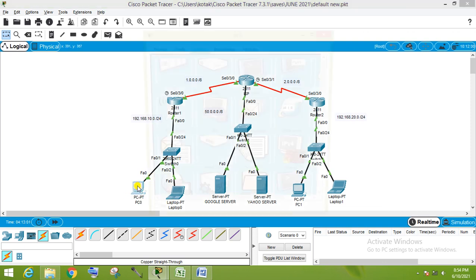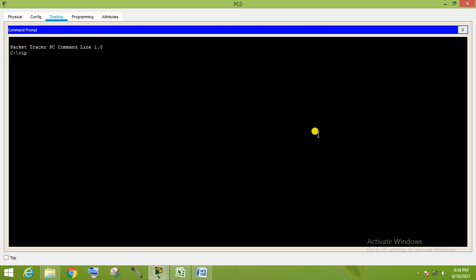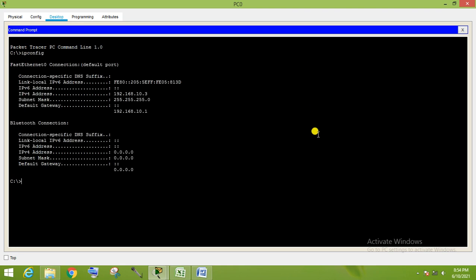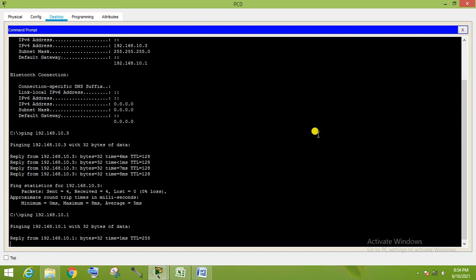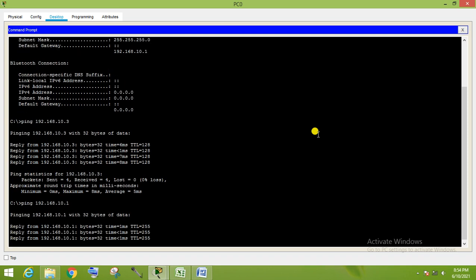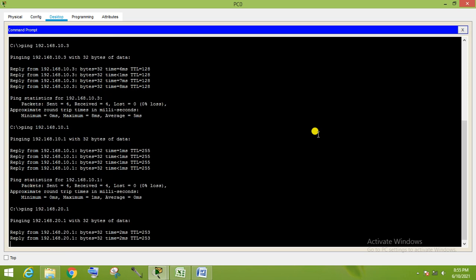Now we just try to ping. What is the IP of this PC? It is 10.3. So I'm just pinging 192.168.10.3. It's pinging, and pinging to the gateway. It is also pinging. Okay. Now pinging to 20.1. It is also pinging.